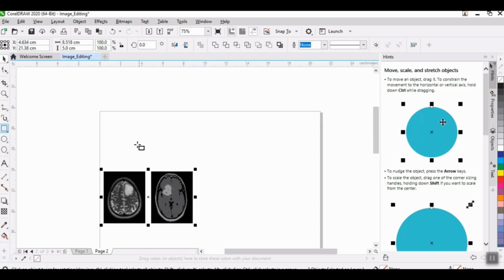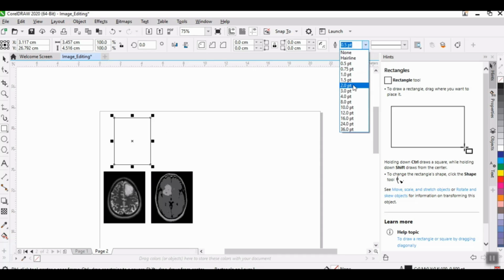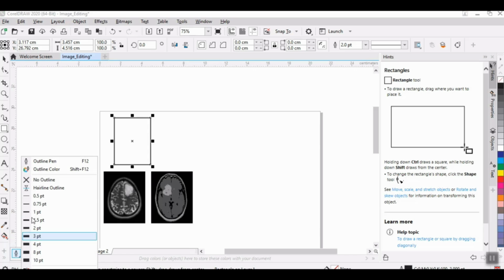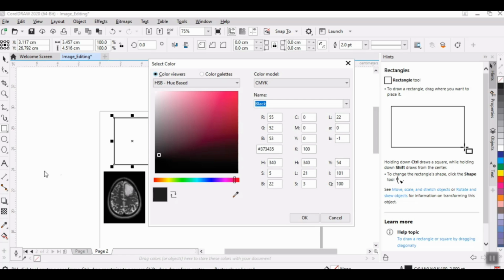Now put a rectangle. If you want to increase the width of this, or change the color, click here. This is the outline pen. Outline color you can take. Select the color of your choice.